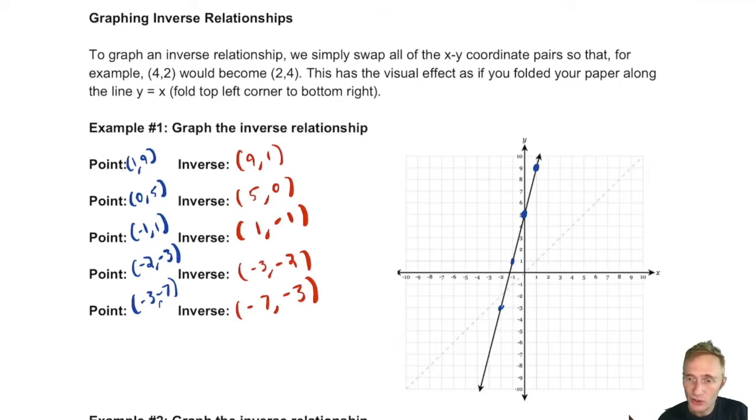So the inverse, instead of a 1 going in and a 9 coming out, a 9 goes in, a 1 comes out. Instead of a 0 going in and a 5 coming out, a 5 goes in, a 0 comes out. I've got 1, negative 1, then I've got negative 3, negative 2, and then finally I've got negative 7, negative 3. And so if I graph this function,